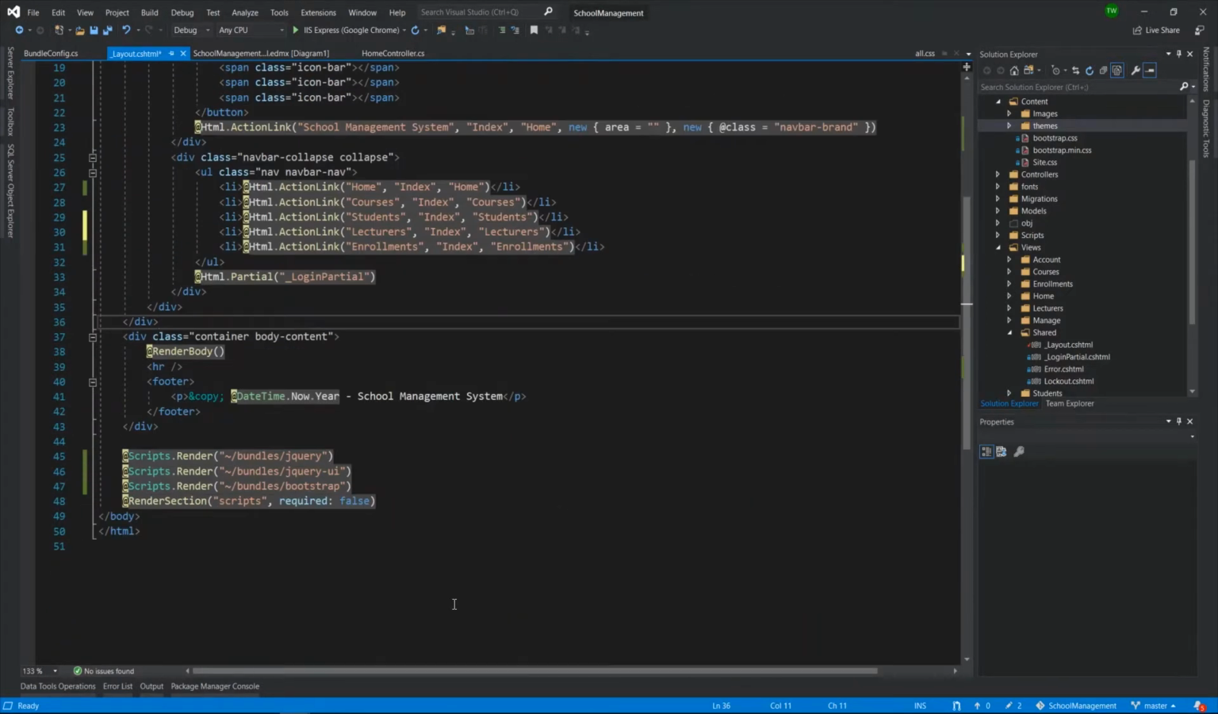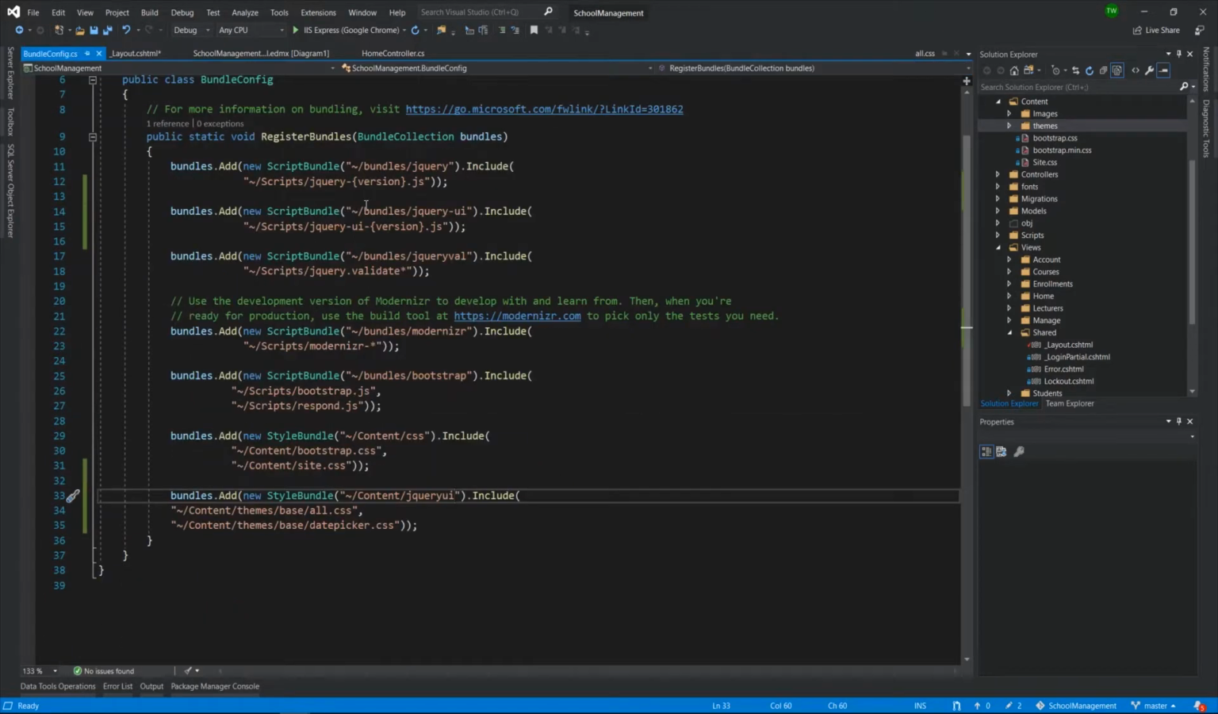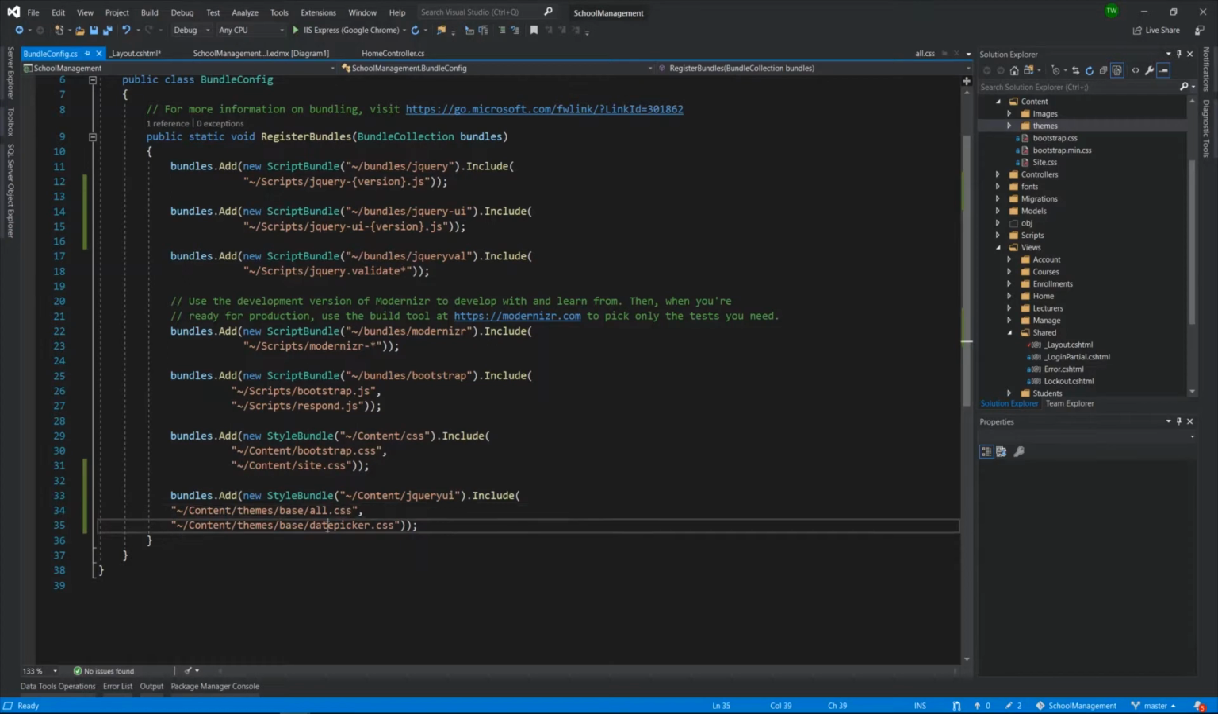Secondly, you would notice that I have a Styles.Render, and this is rendering some styles for jQuery UI. So I added a new bundle to my bundle config for jQuery UI, and I'm including the base all.css, which includes the base.css and the themes.css files, as well as, and I had datepicker, I was running an experiment, but this should really be